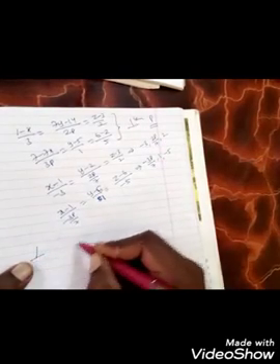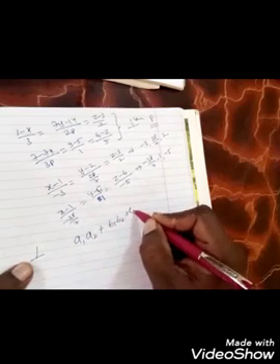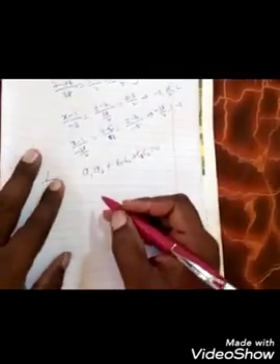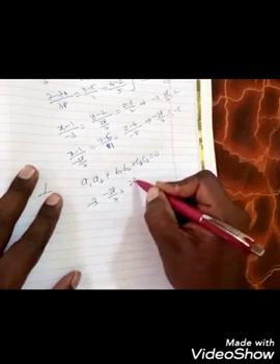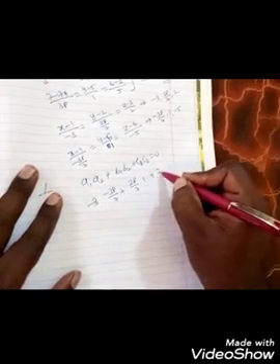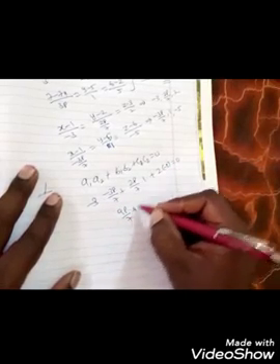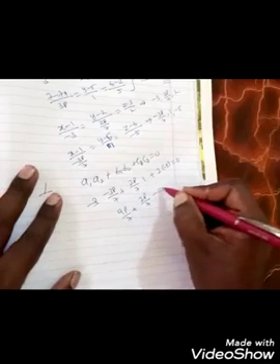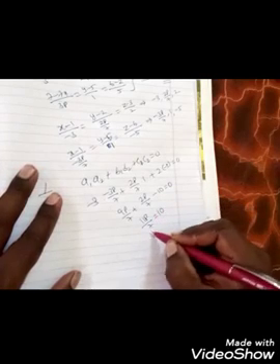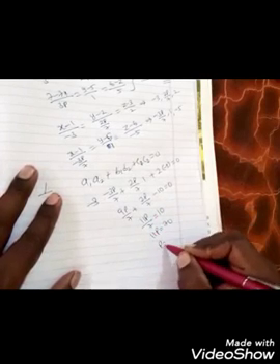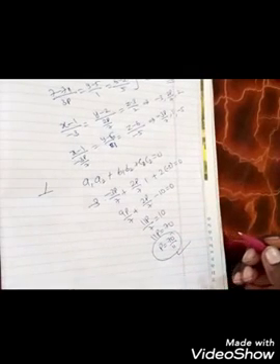Now if the lines are perpendicular, then the condition is a1a2 plus b1b2 plus c1c2 is equal to 0. Now observe there: minus 3 into minus 3p by 7, plus 2p by 7 into 1, plus 2 into minus 5 is equal to 0. Therefore you get 9p by 7 plus 2p by 7 minus 10 is equal to 0. Then 11p by 7 is equal to minus 10, which becomes plus 10. 11p is equal to 70. P is equal to 70 by 11. This type of problem may be asked for 2 marks or 3 marks.